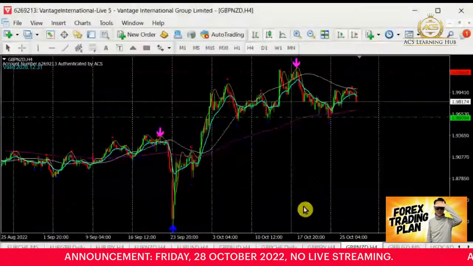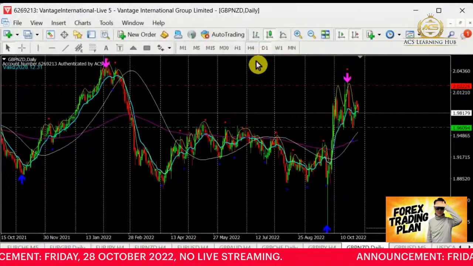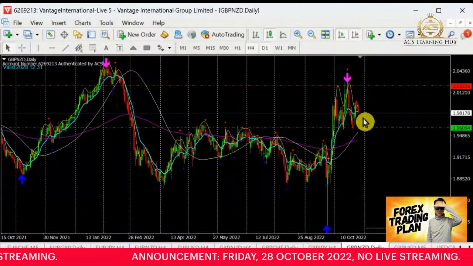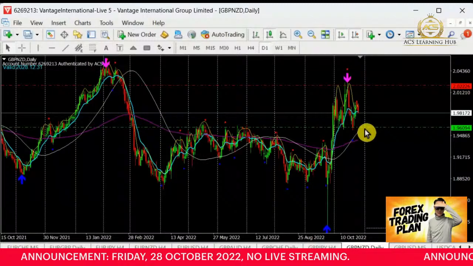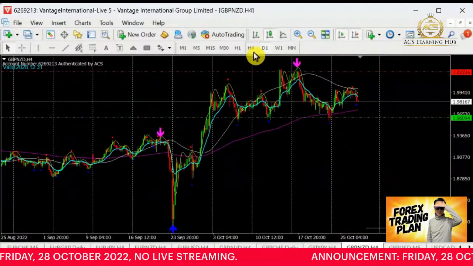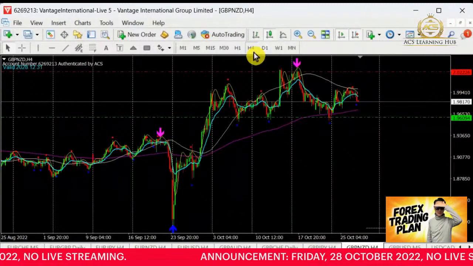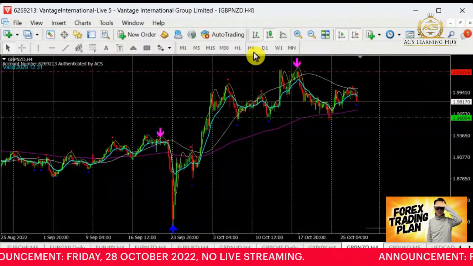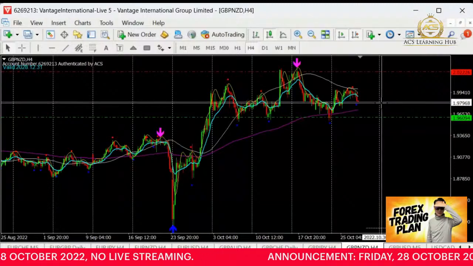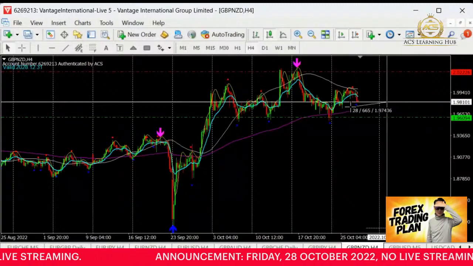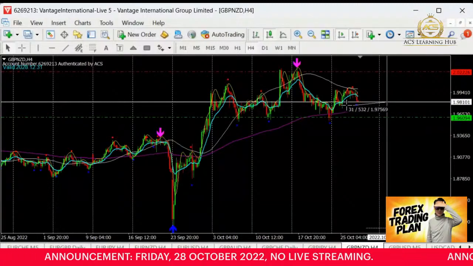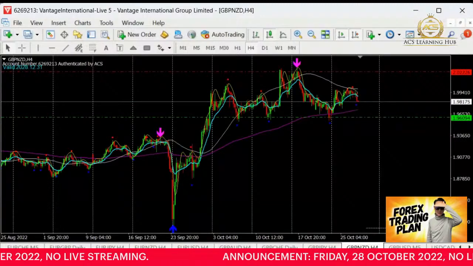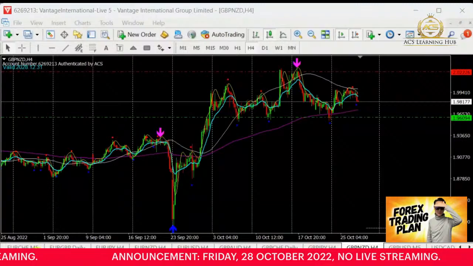Okay, so pound kiwi. We are in the bull and it hit the support, confirmed the support, and now it's tracing back to retest again. Will it actually go for selling? Let's see. At the moment I still see there's a good chance for selling for pound kiwi. Yes, we can take note of pound kiwi for selling. At least we still have about 40 pips thereabouts. So pound kiwi, let's put this into my watch list.